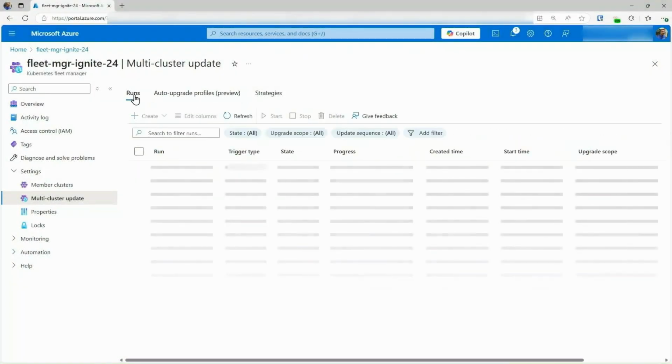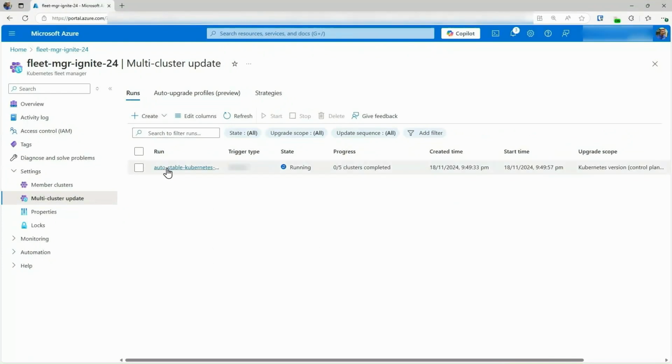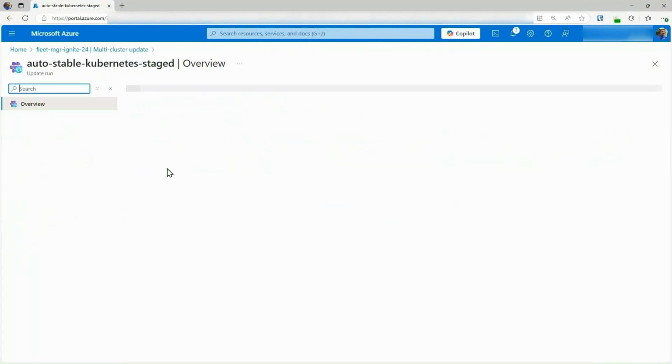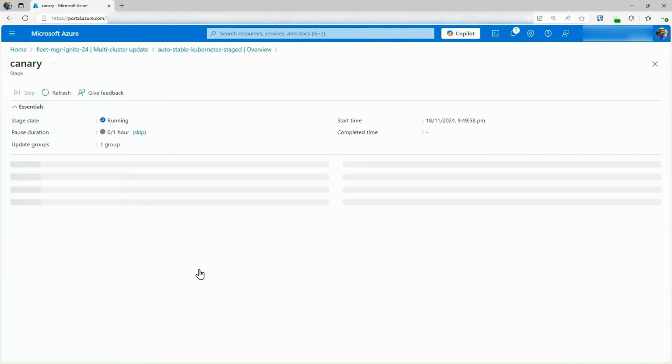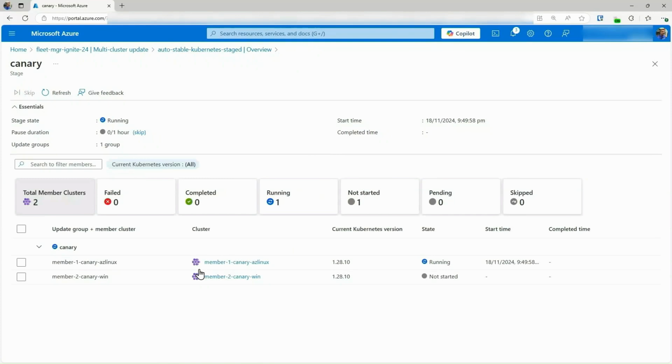So in here, we can check that our maintenance window has hit, by TV magic, and one of these clusters is upgrading indeed. Now let's see what happens during this upgrade that's happening in Canary, where there's 2 clusters. One of these clusters is already upgrading, and again, from 1.28 to 1.29.